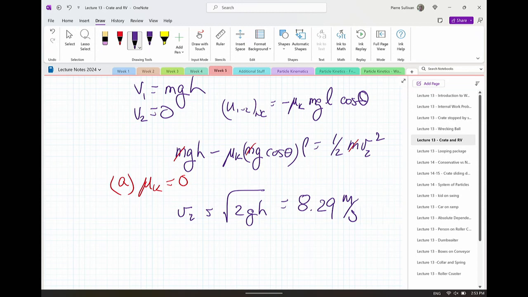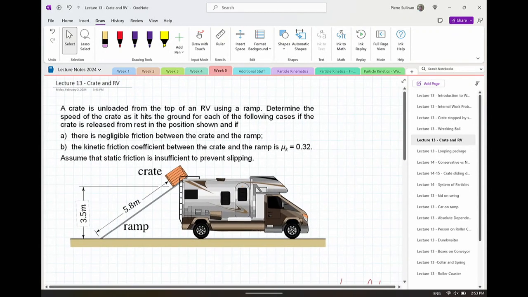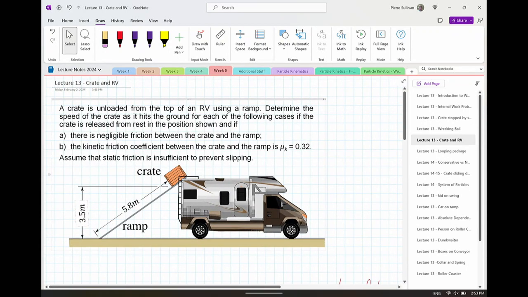Which is 8.29 meters per second. Any questions on that? Could you just go back up to the measurements? Yep. This one,